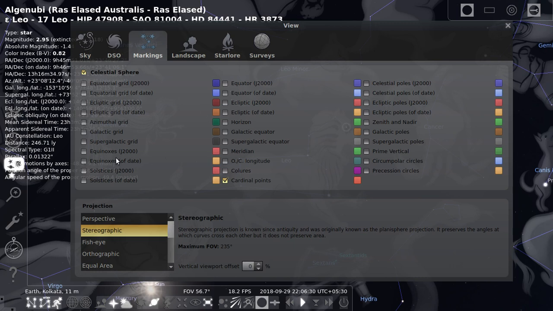From this, you can click on the Ecliptic of Date option. Just search that Ecliptic of Date. Here it is. So click on the Ecliptic of Date option. Next, close this window. So just select the Sky and Viewing Options window from the toolbar. Next, select the Markings tab. From the celestial sphere, select Ecliptic of Date. Next, close this window.